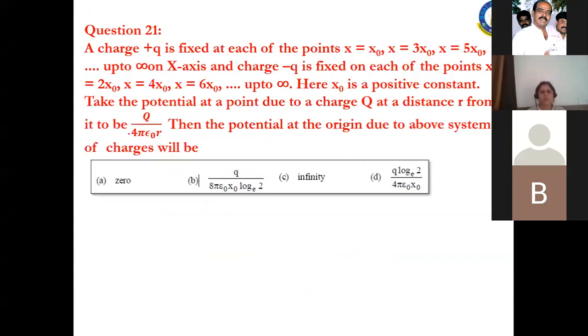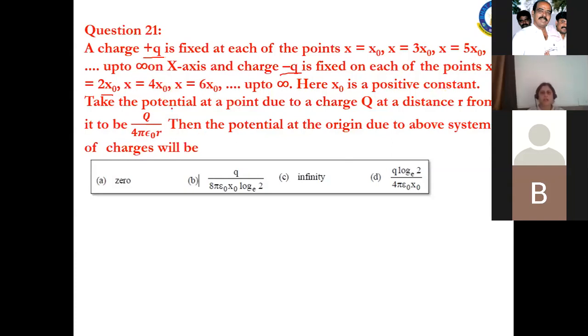Yes. So it's a bit lengthy. Please read the question, students. So a charge plus q is fixed at each of the points x equal to x naught, 3x naught, 5x naught and so on up to infinity on the x-axis, and charge minus q is fixed on each of the points 2x naught, 4x naught, 6x naught up to infinity. Here x naught is a positive constant, meaning towards the positive x-axis,